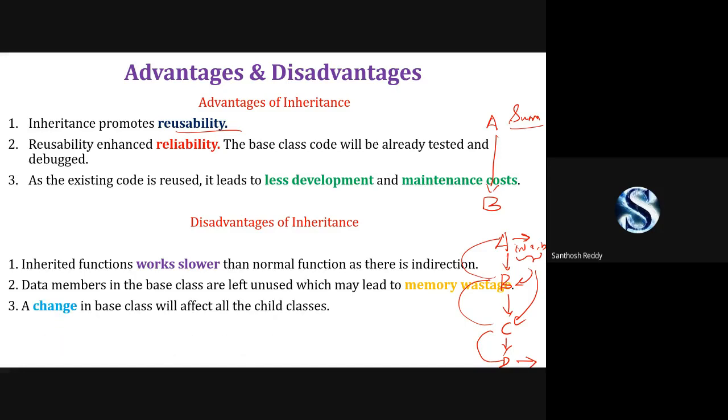And the third point: a change in the base class will affect all the child classes. Class A has some expectations with some feature, and based on that feature you have developed one method. The same method you might be extending in class B with some property. At that time, the feature in class A wants some extension, so the code will also change in class A. The same method you are extending in class B, so the changes affect class B and it will not work for some features. So this is a major disadvantage in inheritance.